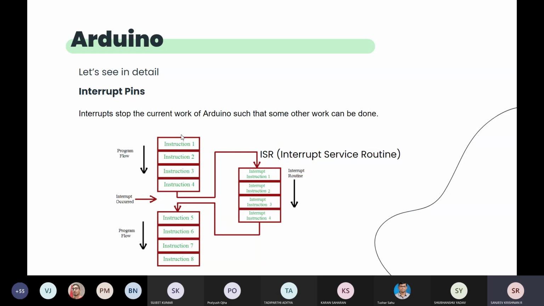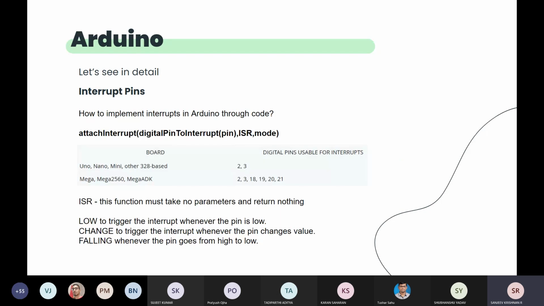Whenever your program flow is getting interrupted, it is going to some new function, right? In your phone call case, when you were listening to a song, it is going to the phone call and coming back to the song again. So that phone call is the new function which is happening. That is the interrupt service routine, ISR. That is the new routine, the routine which came in and which will go out. So that is called ISR.